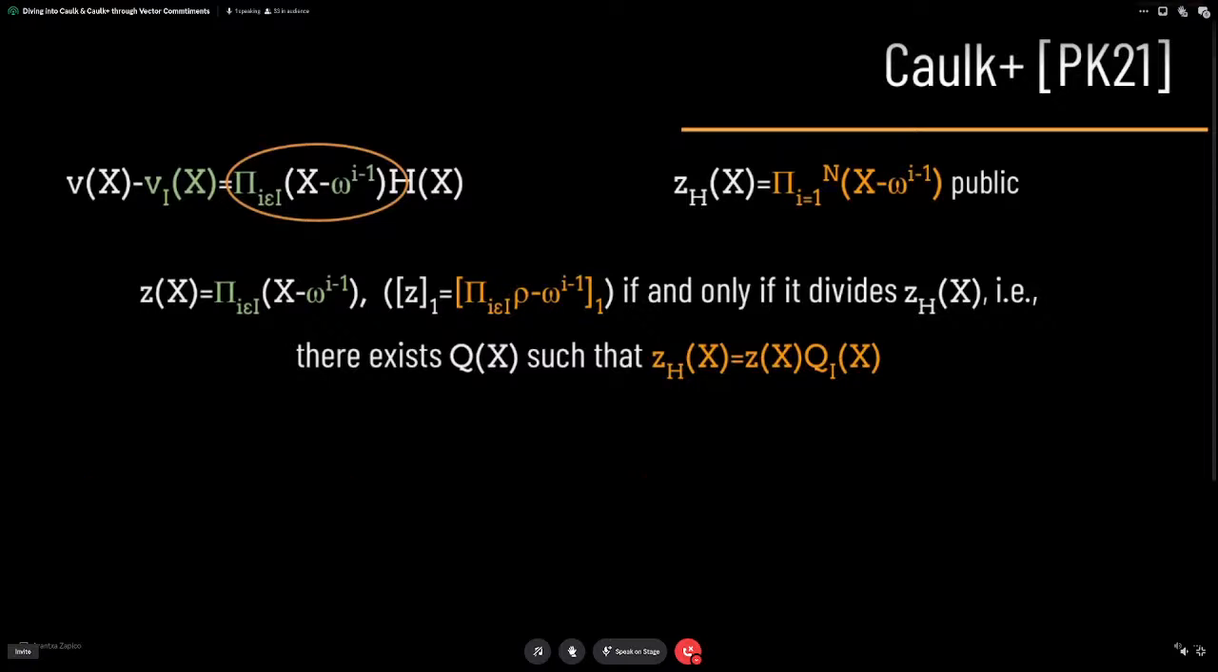And this is the approach of Caulk Plus. In Caulk, we have a very complicated protocol that takes like three or four pages to prove that some polynomial vanishes on some subset of these roots. But in Caulk Plus, they do it way smarter, and they say, okay, let's just prove this divisibility. We just need to prove there is a Q